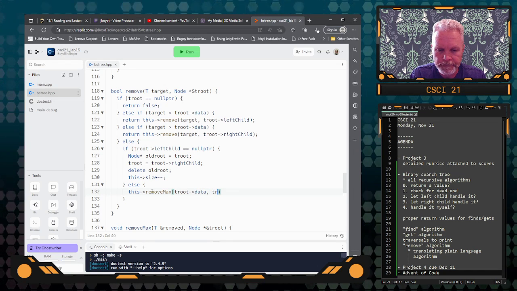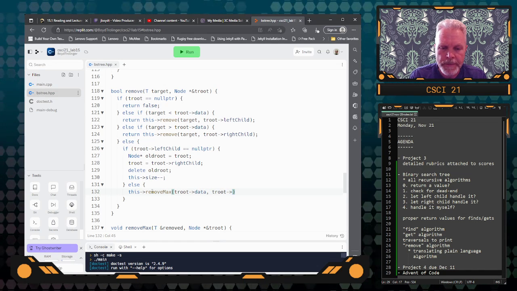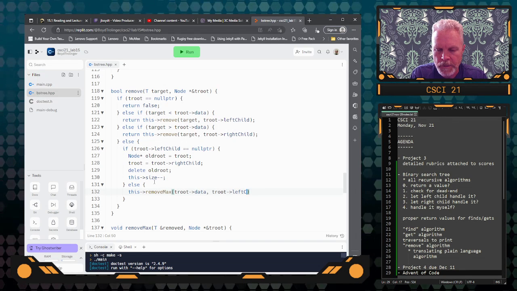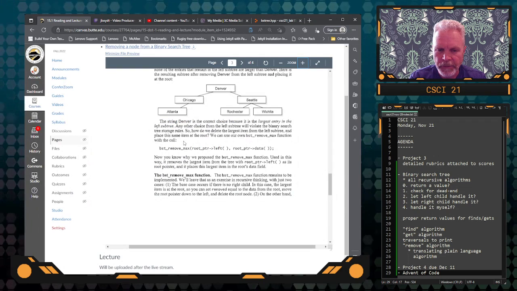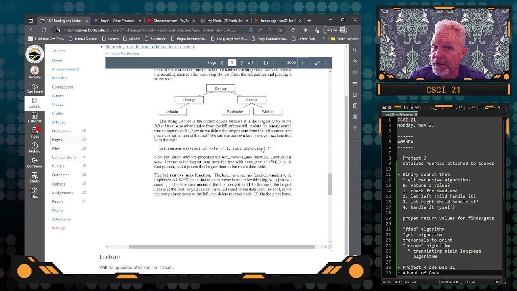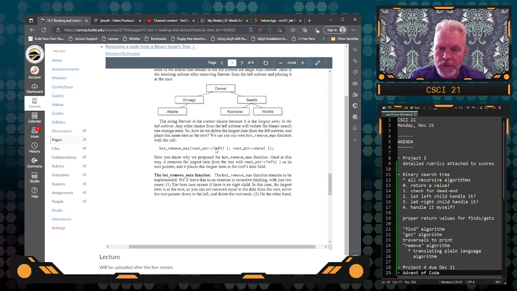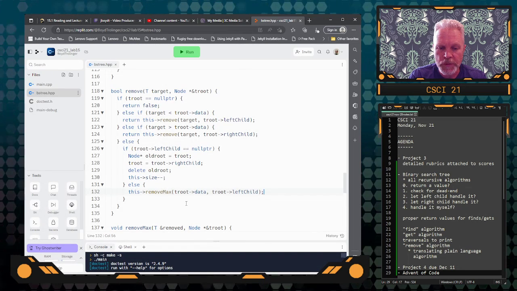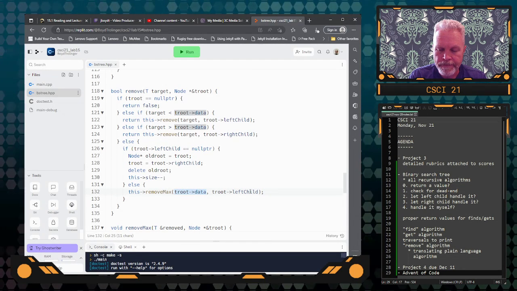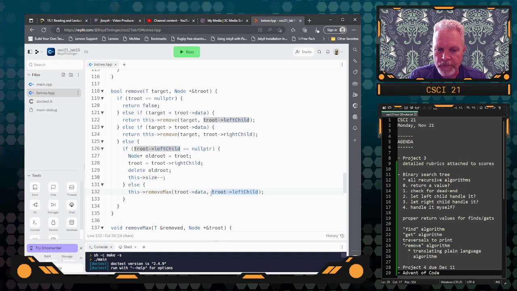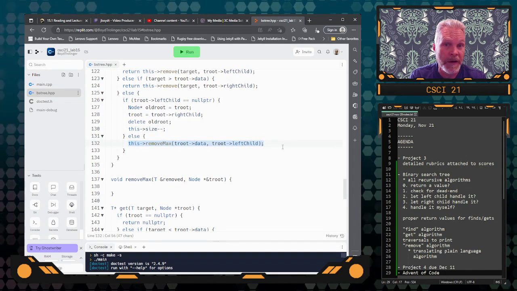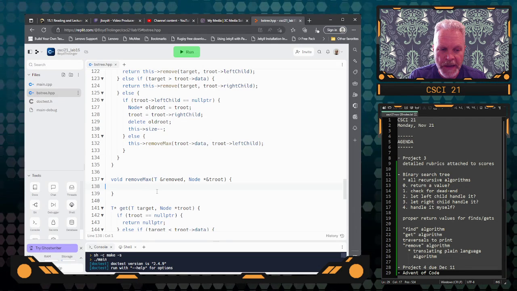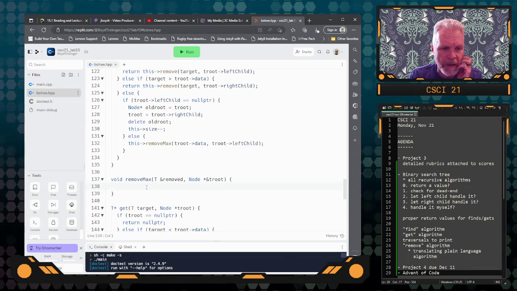And the left child, right? Correct. Let's go back and double check. The root's own data, not the target. And then the root's left child. So the root's own data and the left child from this remove max function. So now we got to go down and do this remove max. I should note, by the way,